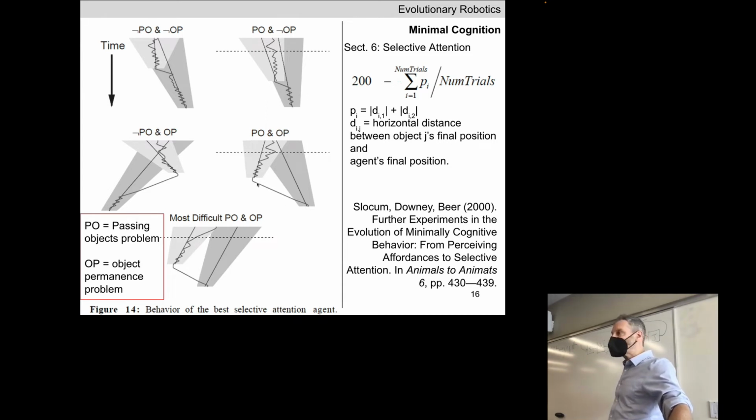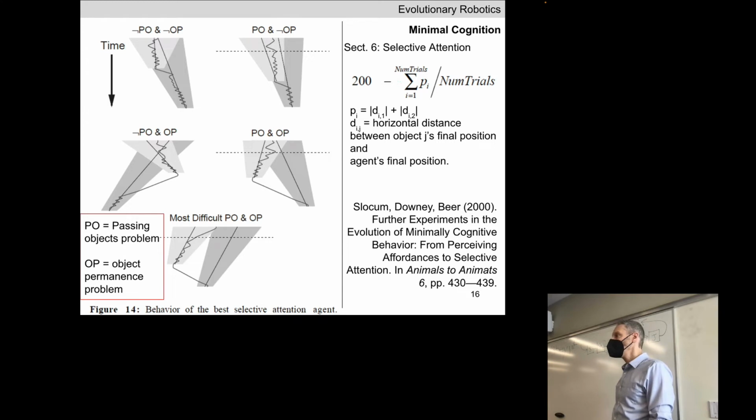The agent cannot see the remaining object until this moment in time, the moment that the black trajectory comes back inside of the dark trapezoid. There is a long period of time here, also here I suppose, in which it sees nothing. See, the other object is already hit, the other one is falling further and further to its right, and it's chasing it. Okay, same thing here, passing objects problem and the object permanence problem, but this one is more